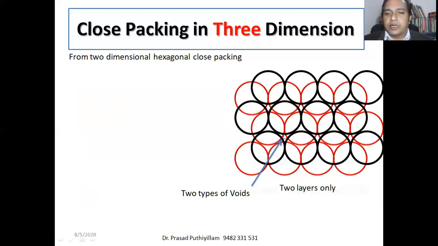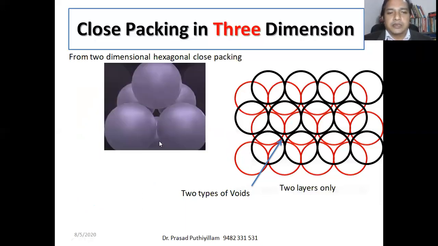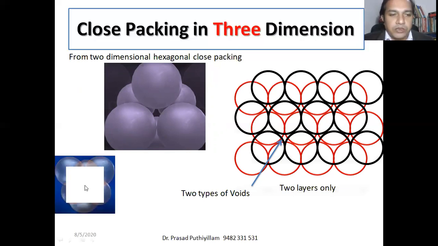The next type of void is where the triangular shaped void of the first layer is covered by another triangular shaped void of the second layer. That means it looks like this. There are a total of 6 atoms involved in that, 3 atoms down, 3 atoms above, and it forms a void here, a gap. If you clearly observe, you can see that it will be of this shape. It is green shaded here.